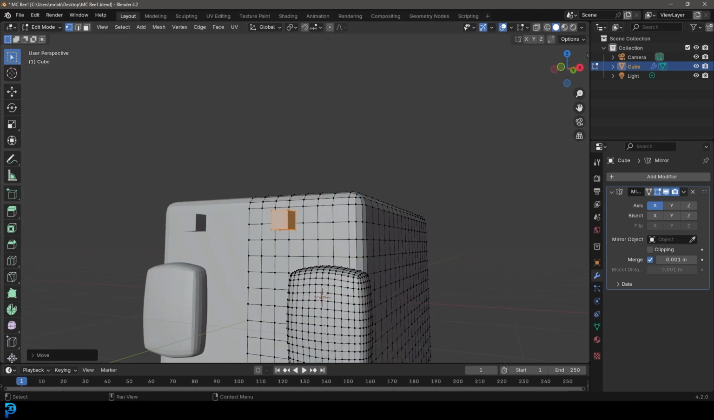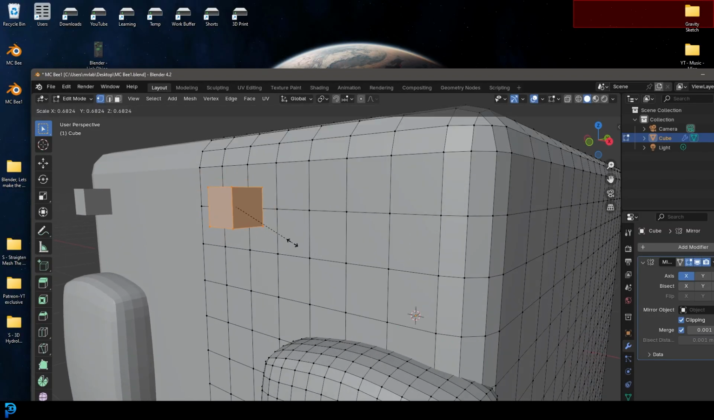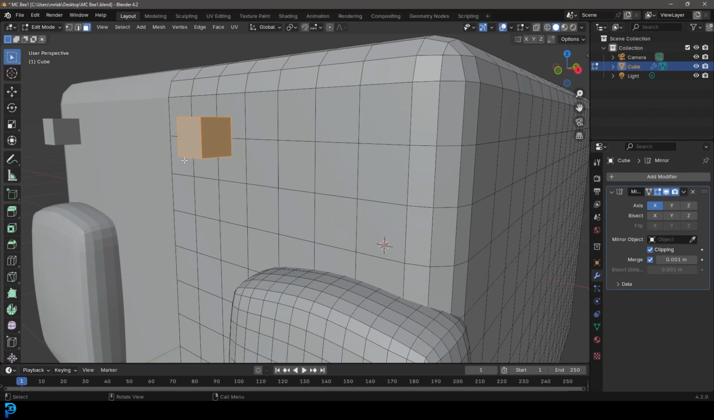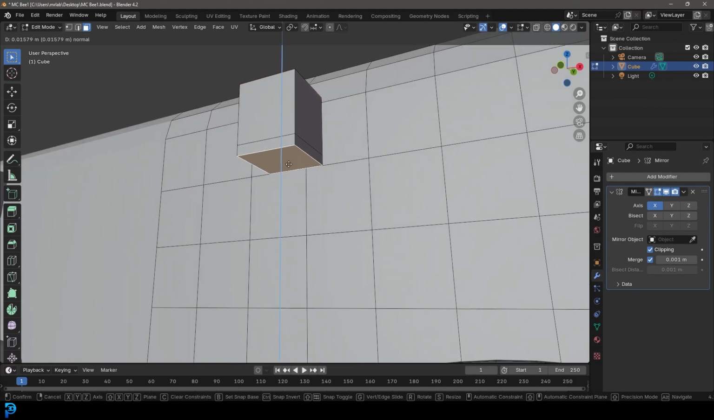So we just have a little cube. I'm going to turn clipping back on. And what we'll do is maybe make it even a bit smaller by scaling it. We're going to go to our face select option. And I'll just quickly move Blender back into place. There we go. And you're going to select this bottom face and go E to extrude it down and then